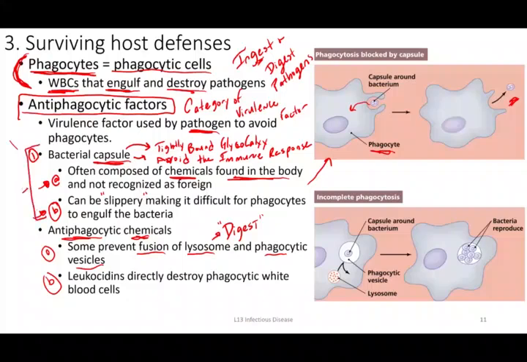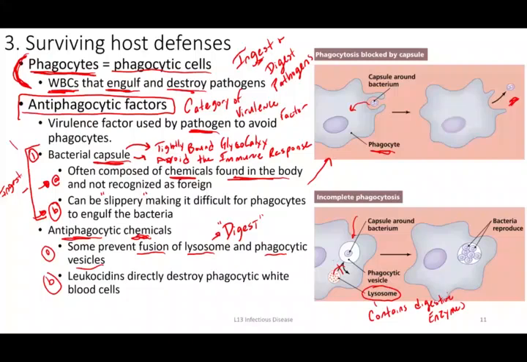So this part focused on bacteria's ability to avoid the ingest. Some bacteria actually are ingested just fine. So here's a bacterium that has just been ingested. But now it's going to disrupt that digestion part. And so this bacteria can release chemicals that prevent the fusion of this organelle. The lysosome contains digestive enzymes. So it's that lysosome that's going to play a really critical role in the digestion part.